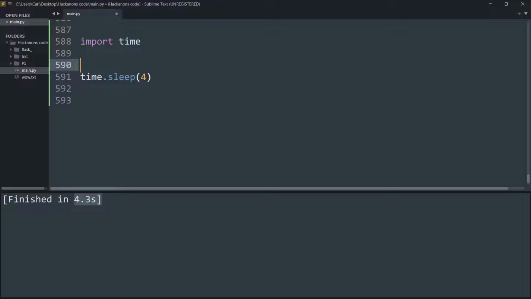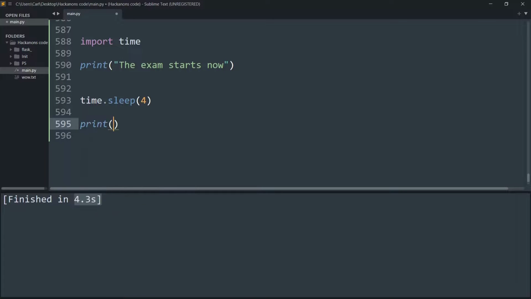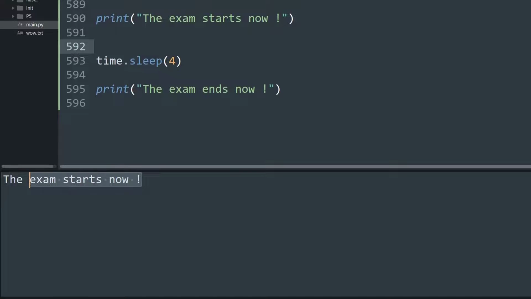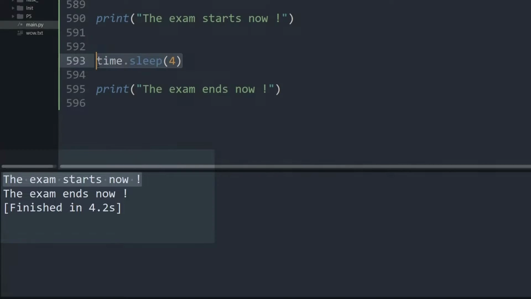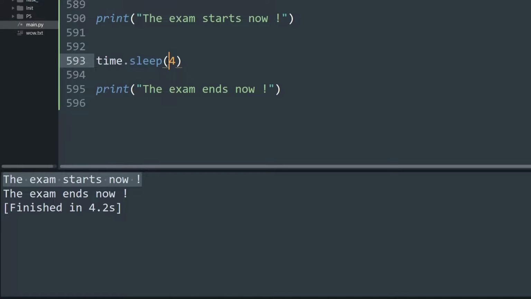To check the exact functioning and understand it in a more lucid manner, let's put in some print statements and type in something like "the exam starts now". Now if I run this, as you can see, first it says the exam starts now, then the execution is stopped and the program simply sleeps for 4 seconds. That means it literally does nothing, and then finally the last print statement is executed and says the exam ends